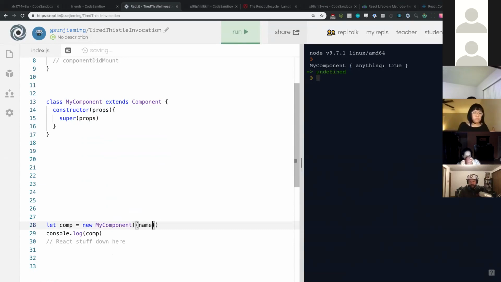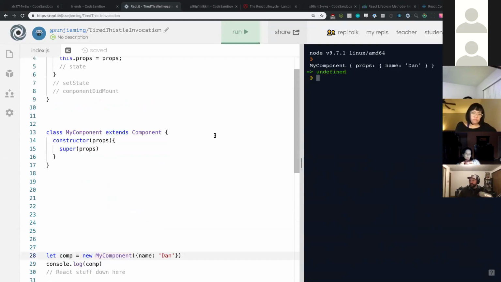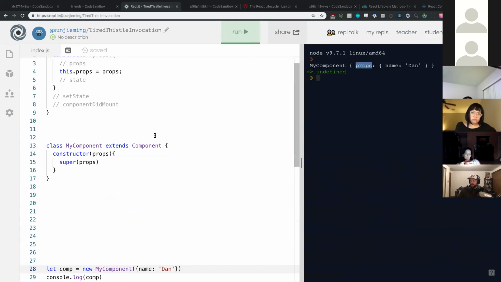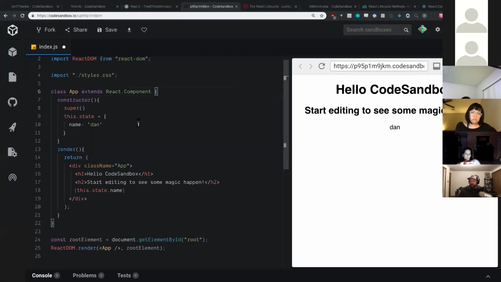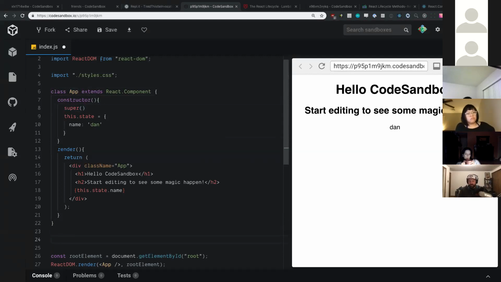I'm going to say I want to give it some props, name Dan. Run it, and look, we now have a key on my component with the props and an object with a name key and Dan, okay? So when we create a React component, in our constructor, we're going to run super, and in this case, app isn't, we don't really need to run super for the props in here, but let's just say